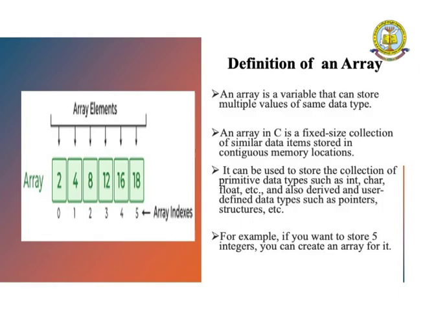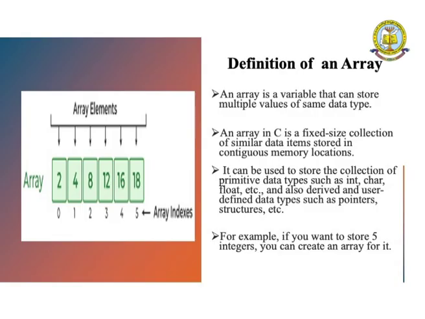So, to overcome this problem, an array is the best solution. An array is defined as a variable that can store multiple values of the same data type. You can define it in another way: an array is a fixed size collection of similar data elements stored in contiguous memory locations. Arrays can also be used to store collections of primitive data types such as integer, character,